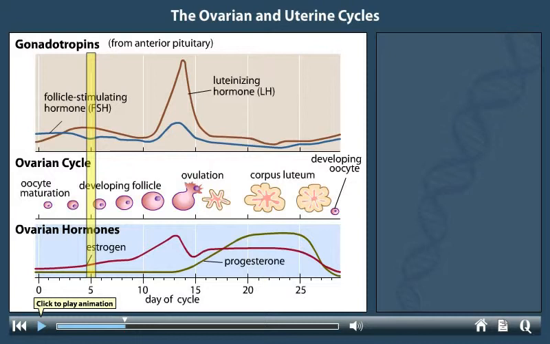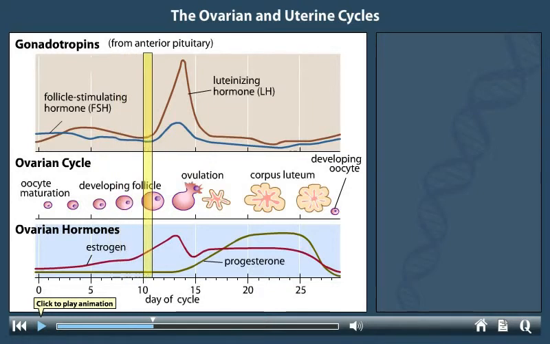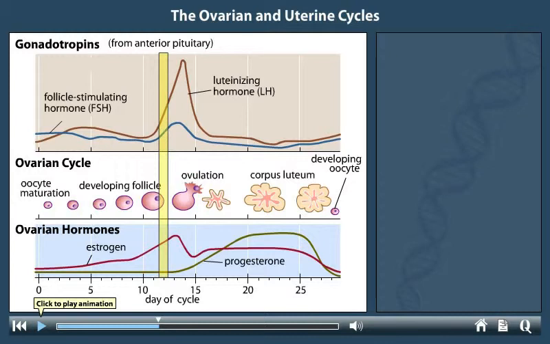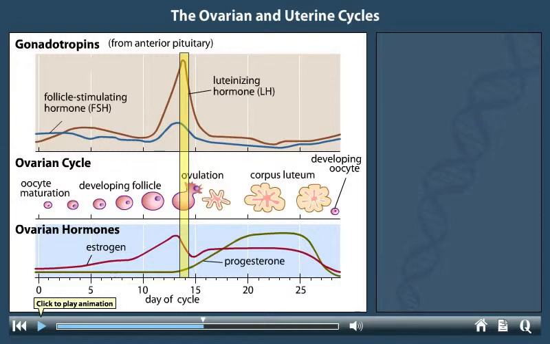As the follicles grow, they begin to secrete estrogen. During this phase of the cycle, the increasing levels of estrogen feed back on the pituitary to inhibit the release of additional FSH and LH. During the next week, the levels of FSH and LH drop. Beginning around day 12, the increasing levels of estrogen suddenly have the opposite effect on the pituitary gland. Instead of exerting a negative feedback on the pituitary, these hormones now exert a positive feedback, stimulating the pituitary to release FSH and large amounts of LH. LH reaches a peak at day 14 of the ovarian cycle.